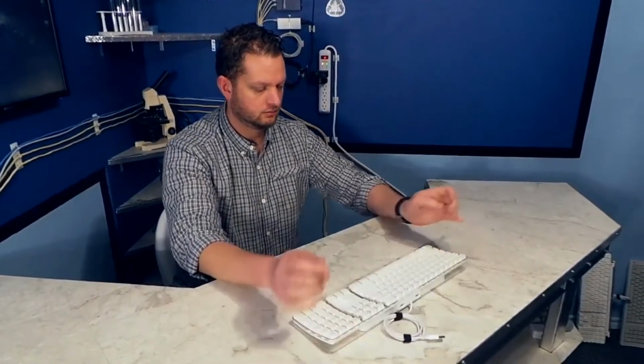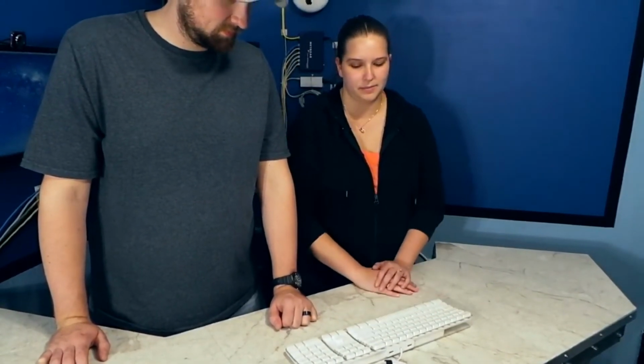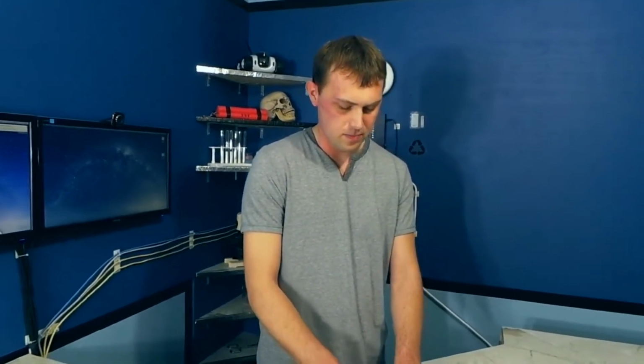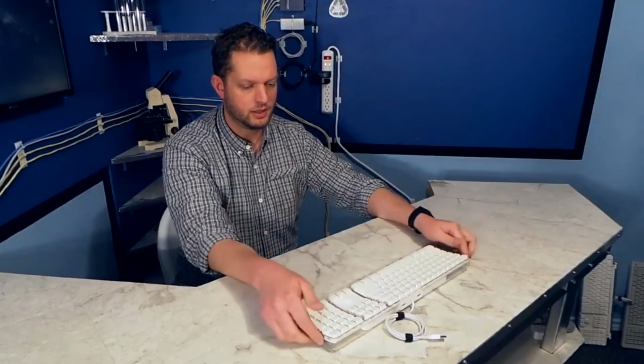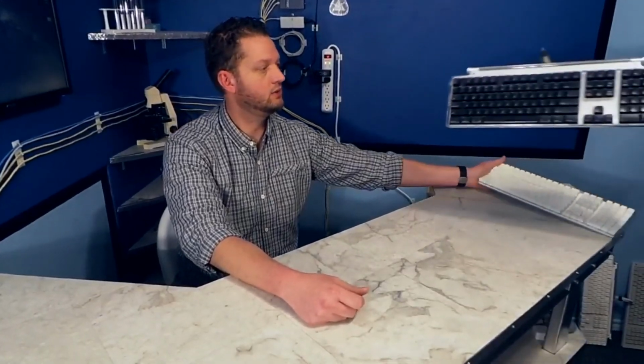It's just keys. It's a nice feeling keyboard. Seems okay. I'm a little bit more familiar with this, but it's not my favorite. Yeah. Feels pretty solid, and I could see you kind of getting pretty good and fast on this keyboard. I could do that. It's nice. It's kind of quiet for having such a big...